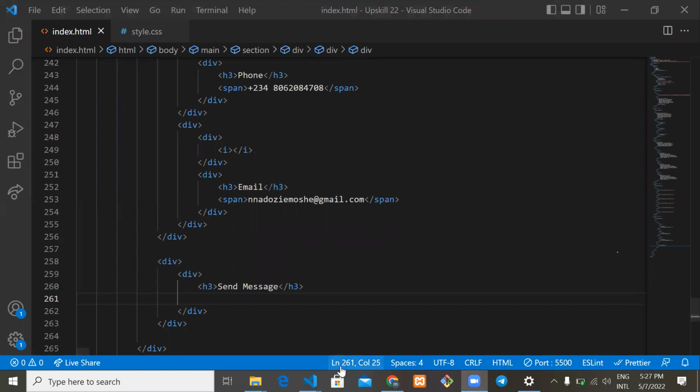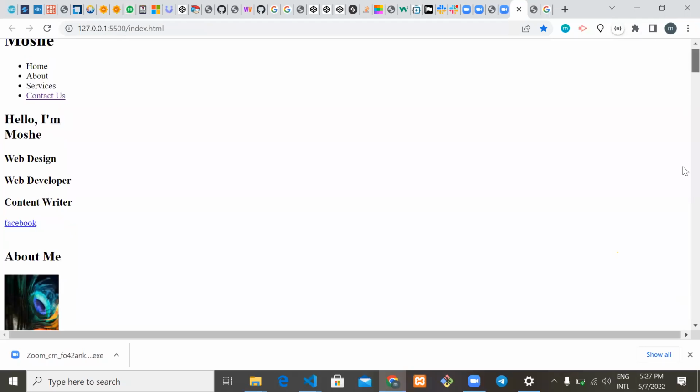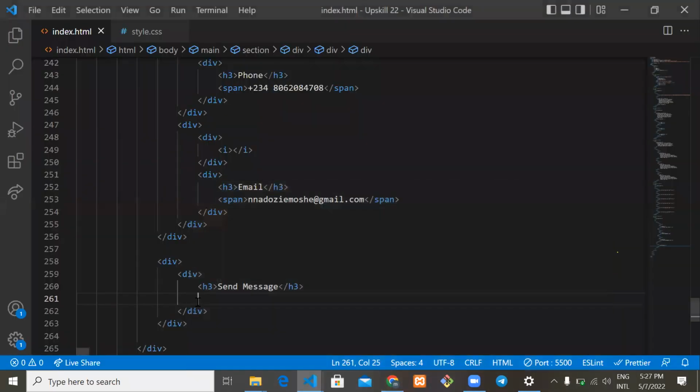Then the span tag is an inline element. For instance, we have, if I copy and paste here, then even if I put this one under it,